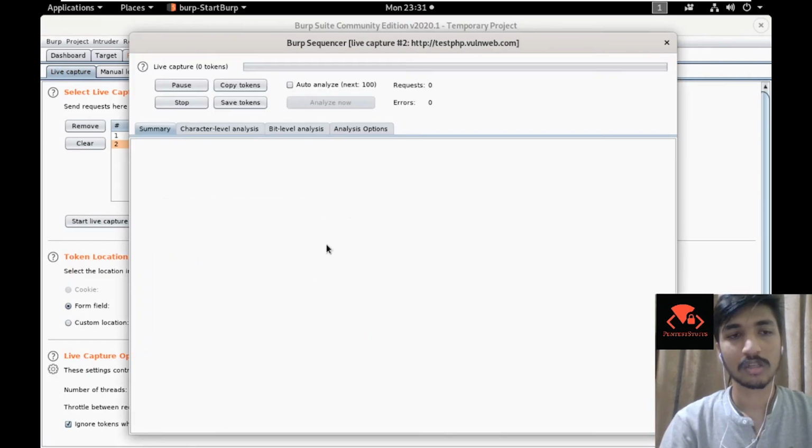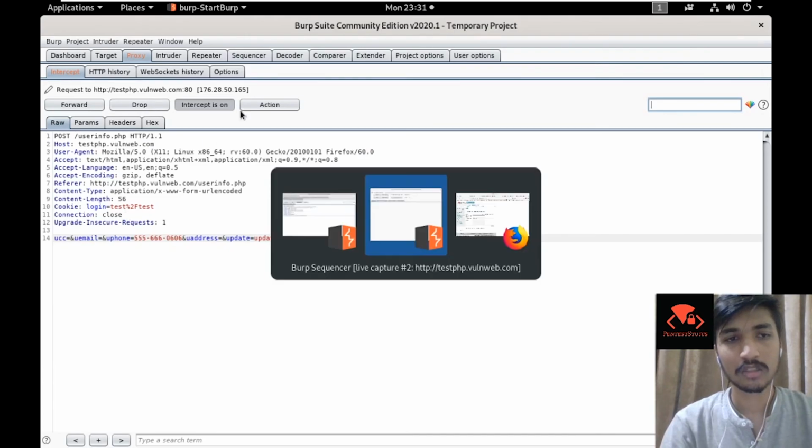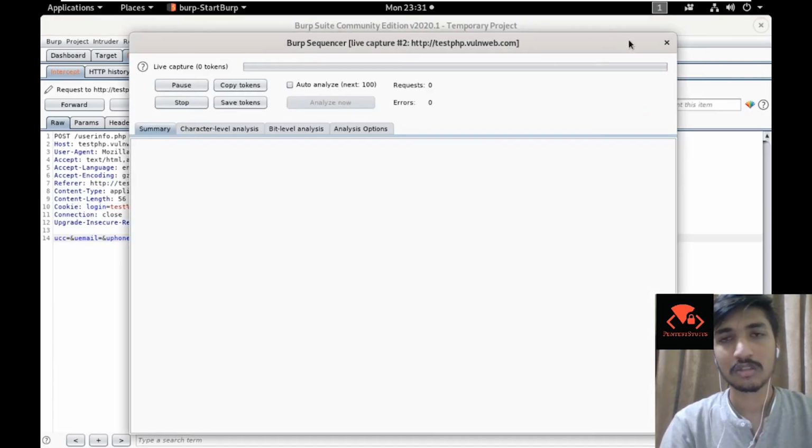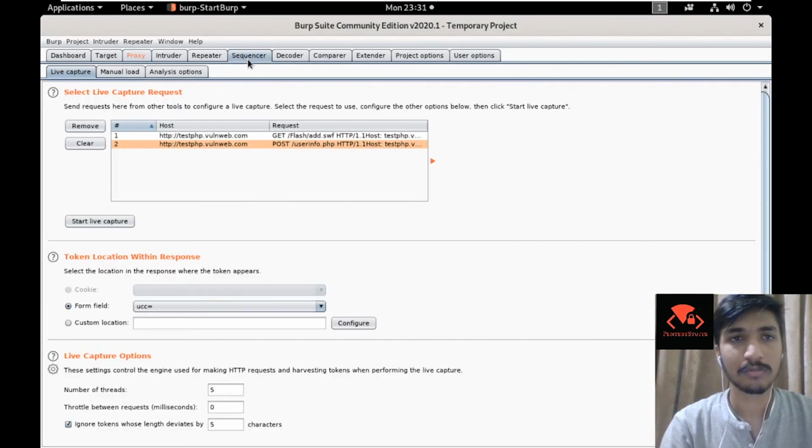Okay, so it starts capturing files. There is nothing much to add into this cookie right here, so it is not getting much in the sequencer. But if you have a hash kind of thing, it flips bits and changes various things to try to get something. After capturing around 5,000 to 10,000 packets, which takes about 10 minutes, you could analyze them and see if you get something.